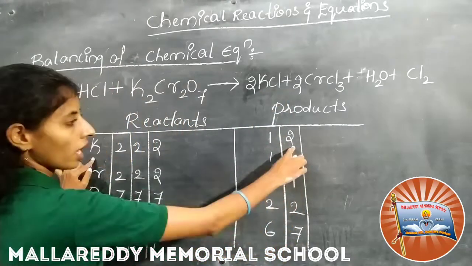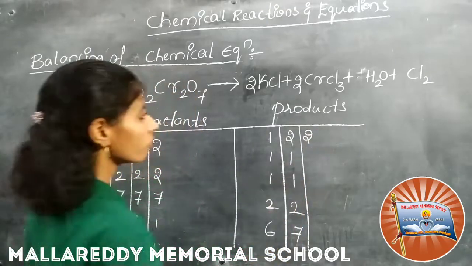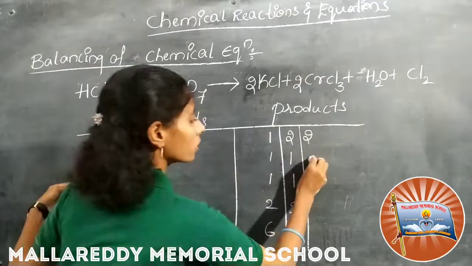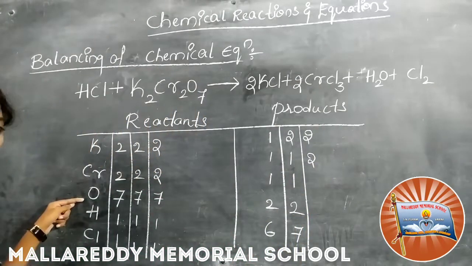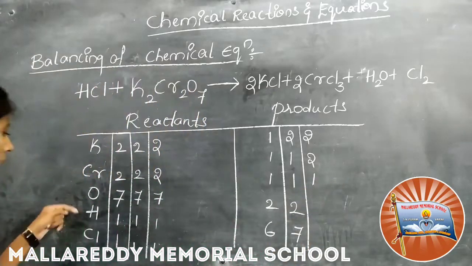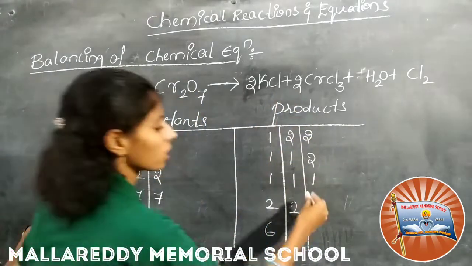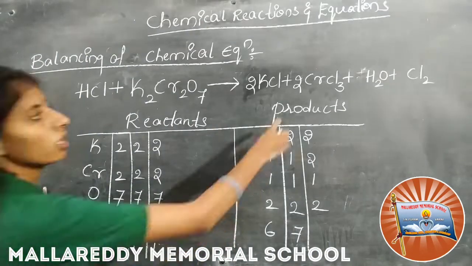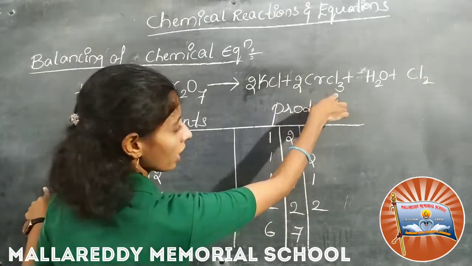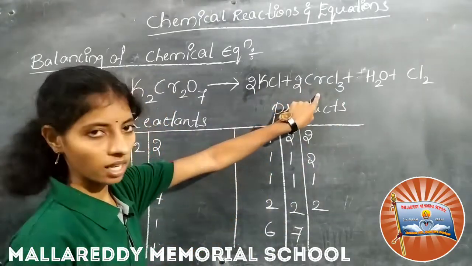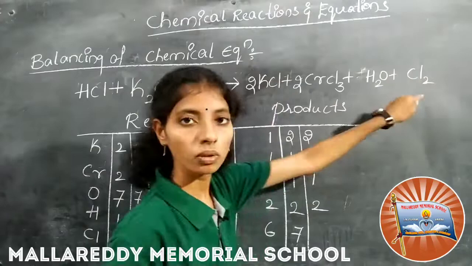Now on the product side, see, here we are not changing anything. So K, potassium, is number 2 only. Now Cr, it is changed now, so it is 2 now. Oxygen is not changed, so this is 1 only. Hydrogens also not changed, it is 2 only. Now chlorines. Here we have 2, here we have 2 3s are 6. So 2 plus 6, 8 plus 2, total 10.